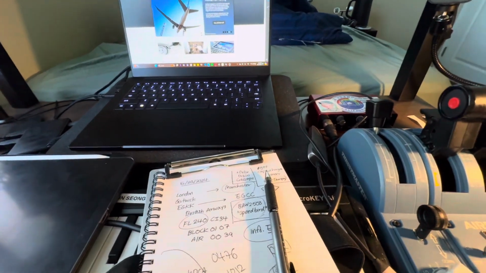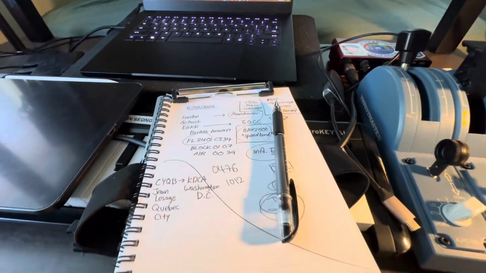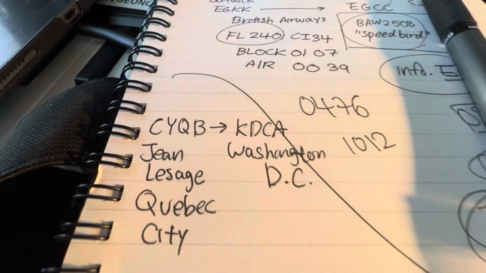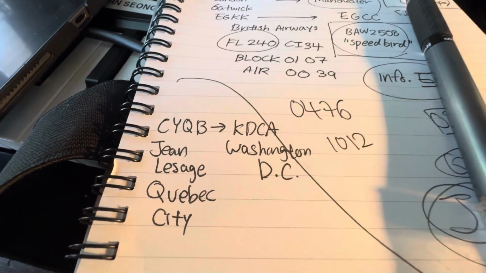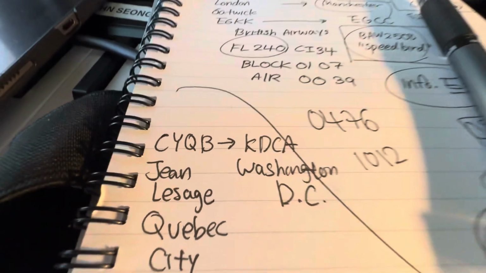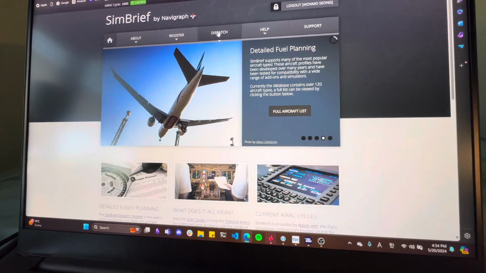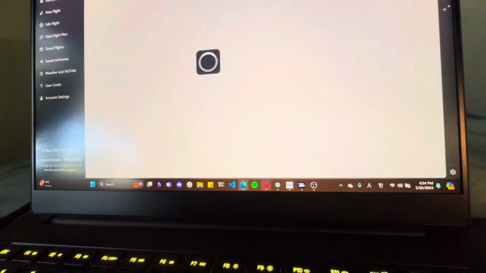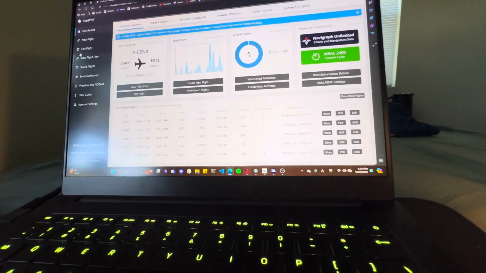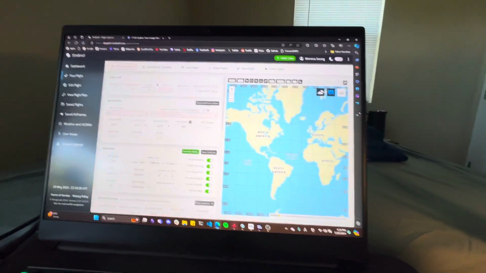I don't think I ever posted a video of me using SimBrief, so I'll go over that. Today I'm gonna fly from Jean-Lesage, Quebec City to Washington DC, DCA obviously. I go on SimBrief, click dispatch, and then I enter the ICAO codes. So it's gonna be click new flight, and then enter